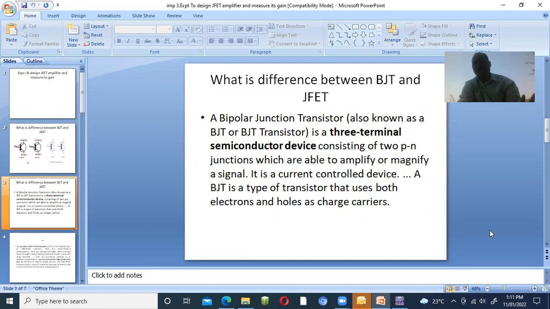Majority charge carrier indicates that, see, we know that BJT has two types, NPN and PNP. Same in case of your JFET, there are N channel JFET and P channel JFET. N channel has a larger number of electrons, P channel has a larger number of holes. Same way, only majority indicates that N channel has the majority of electrons, P channel has the majority of holes, right? So current conduction takes place due to the majority charge carrier. N channel has electrons as the majority, so current conduction is due to only electrons. In case of P channel, current conduction is due to only holes, right? That should be the difference between BJT and JFET.